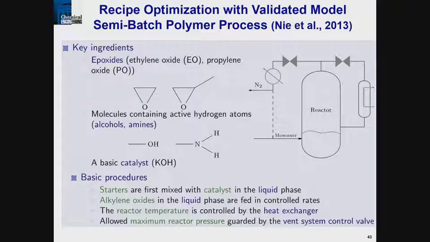Now you're putting this into a reactor, and the most important thing in this reactor is this cooler. Because what happens here is you have a nitrogen blanket over here, you feed in the monomer, it reacts with a catalyst, you have to remove heat, and you react it under high pressure. And if at any point in time you lose cooling, it's going to blow up. And this is what they're the most afraid of. If there's enough residual reactant, residual monomer in there, when you lose cooling, it's going to blow up.